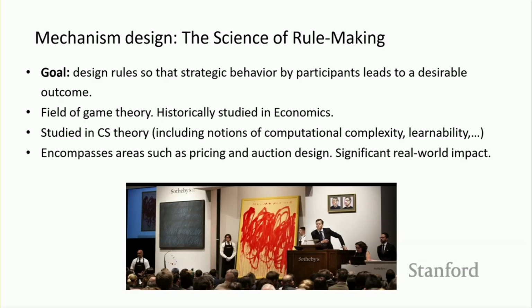Thinking about how one can design rules such that even if participants choose to be strategic, meaning the way they engage in the system could include being adversarial or targeting their own preferences, or whatever way they choose to engage,